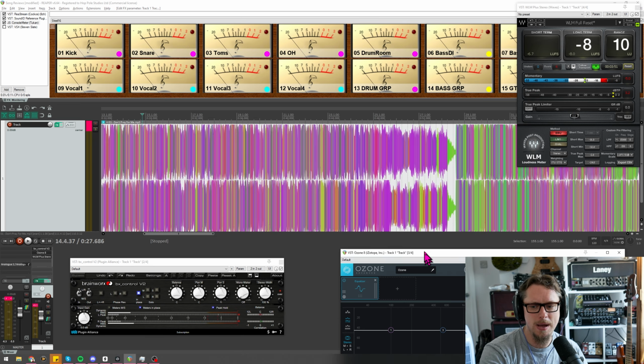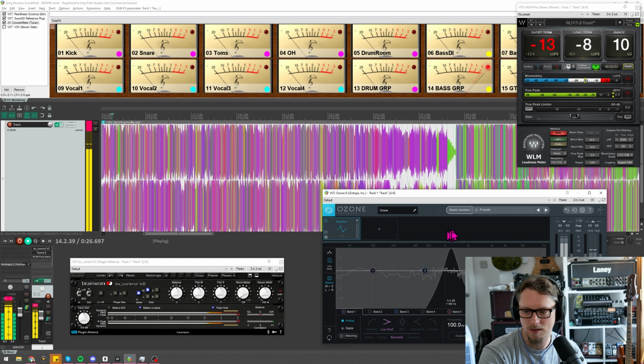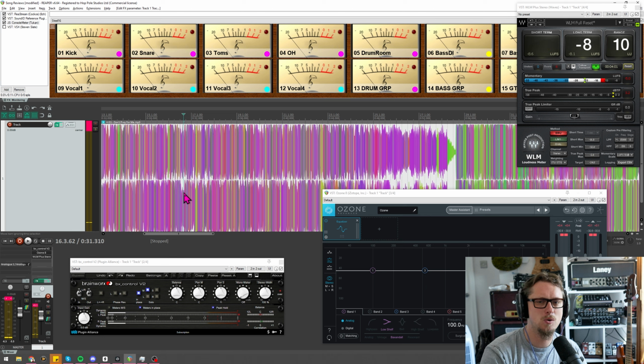And can you hear on the bass there, there's a gig on the top end of it, which is probably in the 2K-ish range, and I wouldn't mind betting is something like a Dark Glass or something like that. It is in the vocal range as well, so the two are not fighting each other, but it keeps the mix small sounding in this section, which is very useful when it kicks into something like